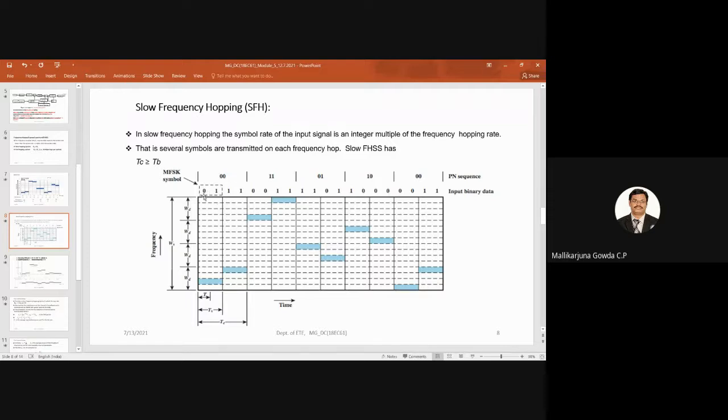So for transmitting the symbol 0 1, right? For this, the frequency is what? F1, right? F1 plus the hopping frequency FC0. So FC0 plus, this is all FC0 only, wherever it is, for all these blocks. Then this one will be FC1, then this will be FC2, then this will be FC3. So like that, I have divided into 4 hopping frequencies: FC0, FC1, FC2, and FC3. Under FC0, depending upon the symbol, it will be occupying that particular frequency, right? So FC0 plus F1 I can say. And for this, FC0 plus F3.